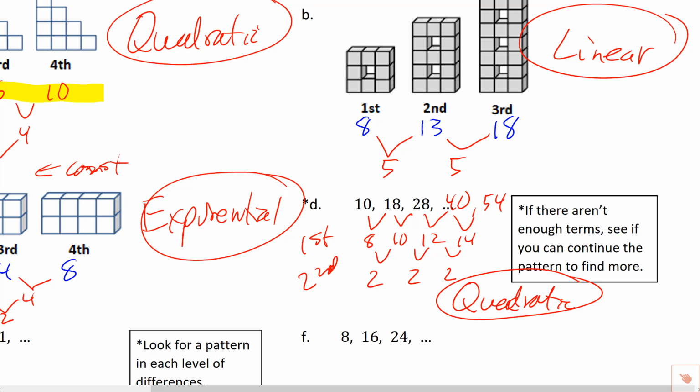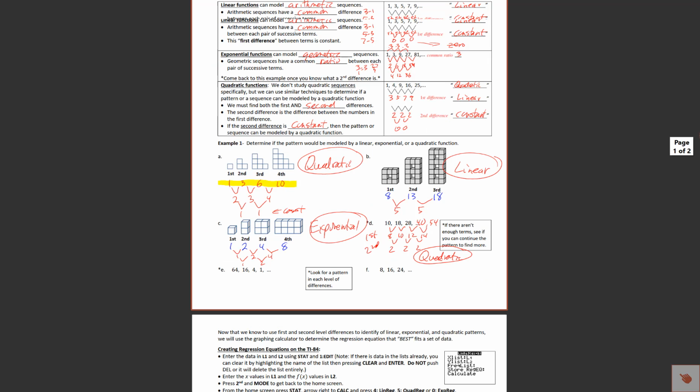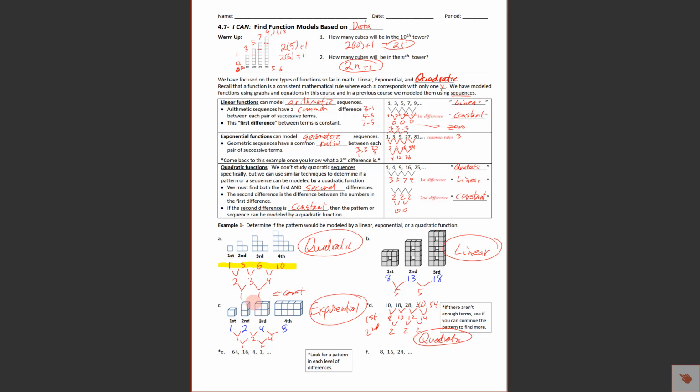Now, you've got the advantage of being able to see your whole paper, so I'm going to shrink this down here and take a good look. So notice that second level difference, here's the first level difference on this one, so I'll write first here and second here. The first one's not the same, but the second one is constant, and if the second one's constant, that's going to be quadratic. If the first one is constant, then the original function is going to be linear. And this one here, the exponential, that's kind of the oddball. They just have the same ratio between each pair of